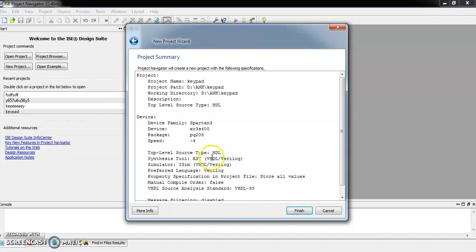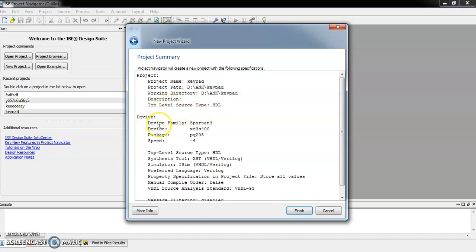Here you have the whole project summary. You can see the project name is keypad. The path of the project is D drive, then the ANK folder in which we have the keypad folder. The working directory of the software right now is D:\ANK\keypad, and top level source type is HDL.